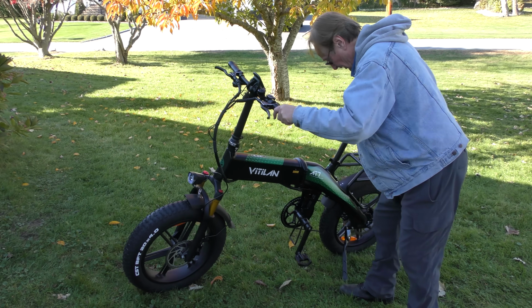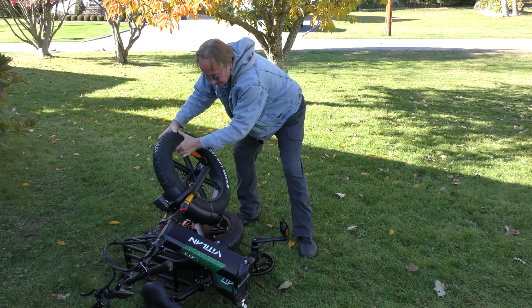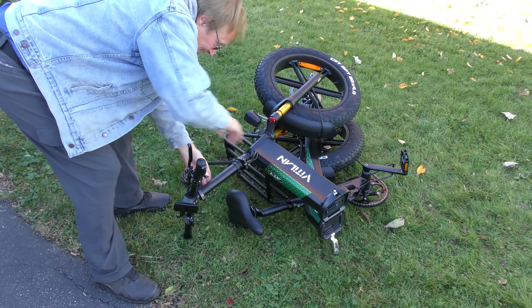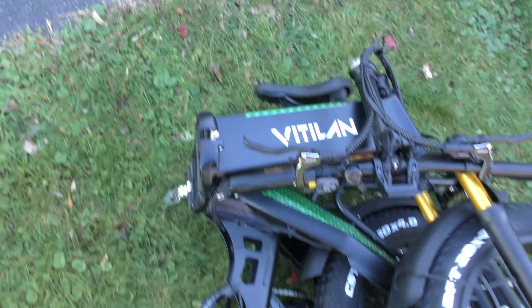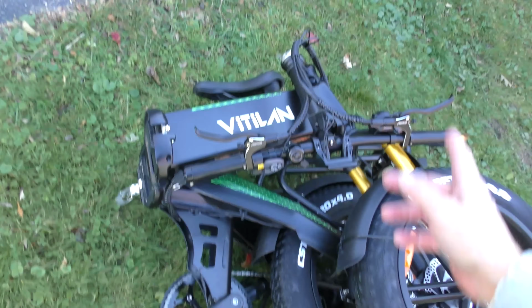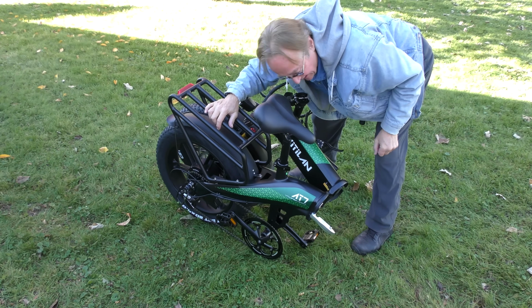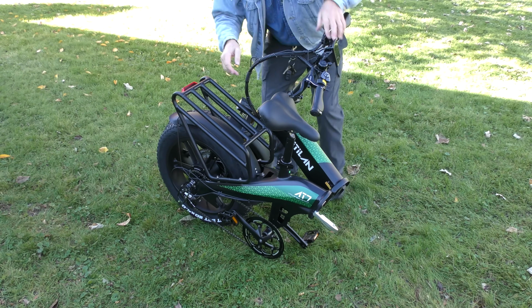Everything comes apart. All you have to do is loosen the middle clip. All right, stage 1 and stage 2. The handlebar comes off too. You got a big trunk, you can put it in. You got a hatchback, you can put it in. If you got a pickup truck, you could probably fit 10 of these things in the back. Then when you want to put it back together, move it up,